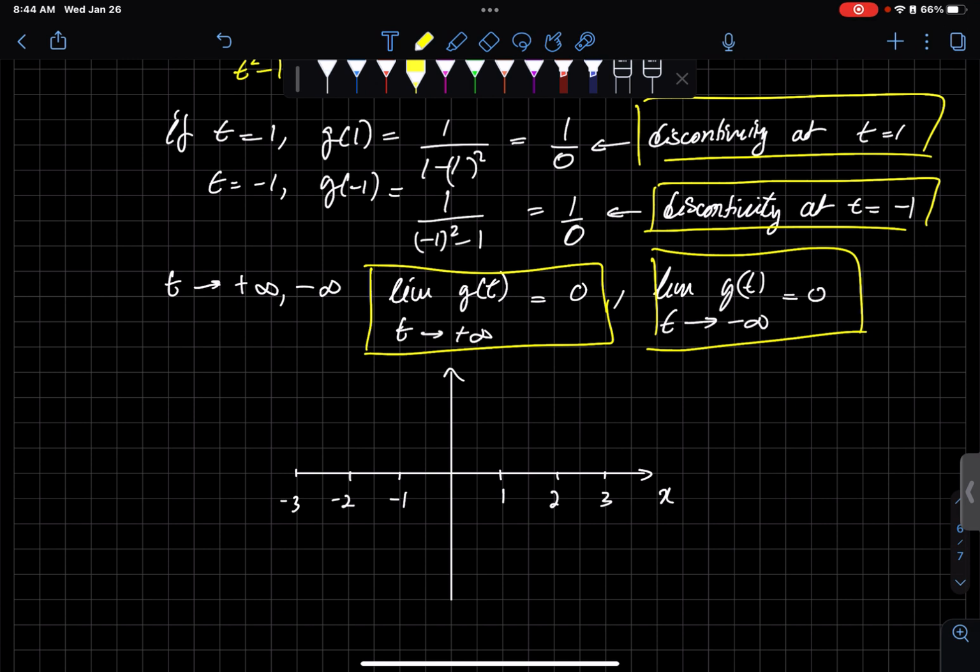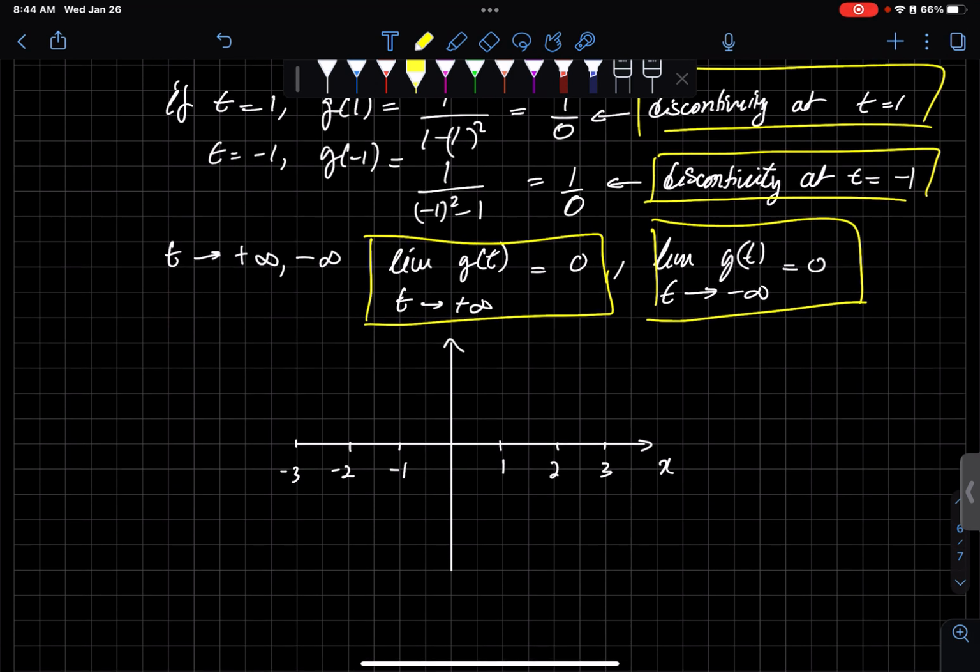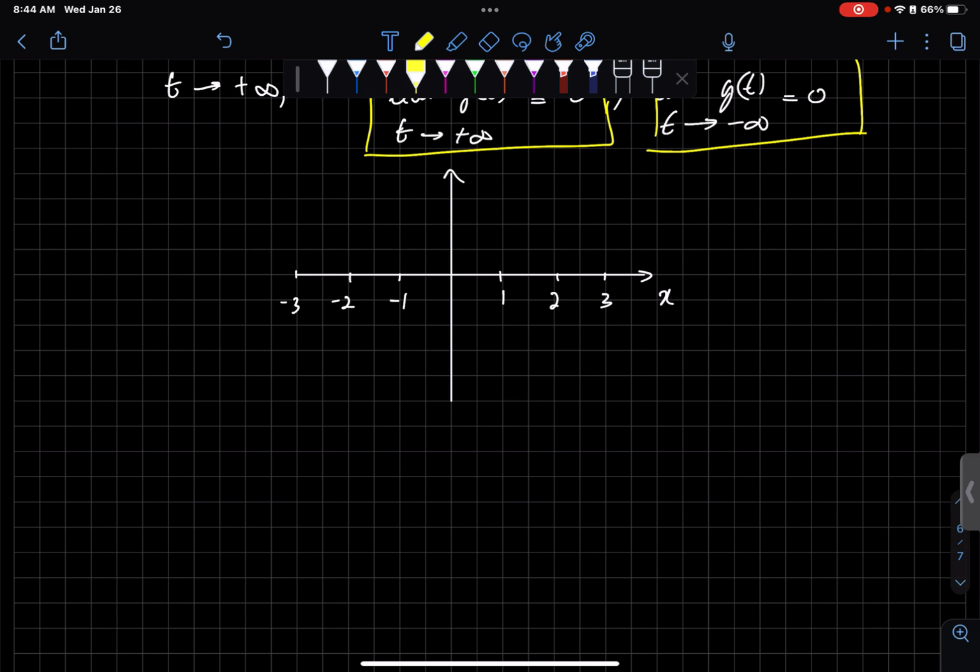Okay, so at t equals 1, we have a discontinuity, right? This function is not defined for t equals 1. So we need to figure out what's happening as you get closer and closer to t equals 1. Just because a function is not defined at t equals 1 doesn't necessarily mean that it doesn't have a limit there, right? So the question is, what is the limit of g of t as t approaches 1, and we need to investigate this from both the left